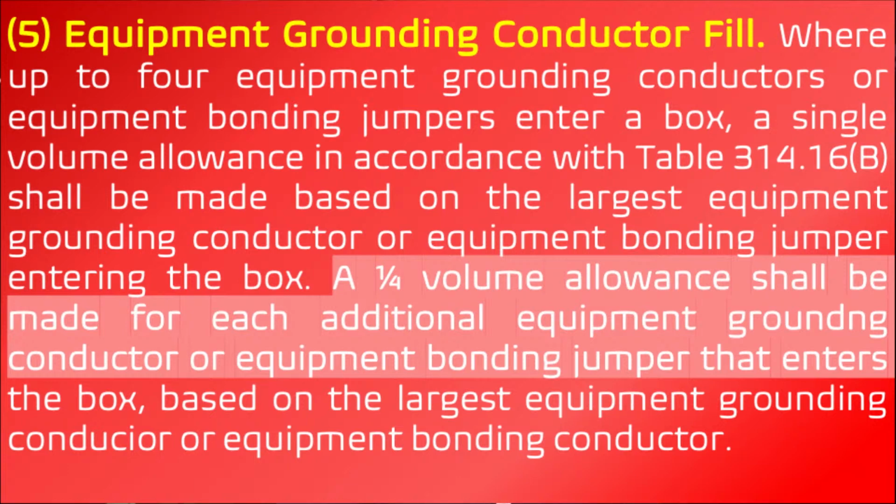So where up to 4 equipment grounding conductors or equipment bonding jumpers enter a box, a single volume allowance in accordance with 314.16(B) shall be made based on the largest equipment grounding conductor or bonding jumper that is entering that box. So that's basically where it stopped in the last code cycle, which our rule for that then basically was all